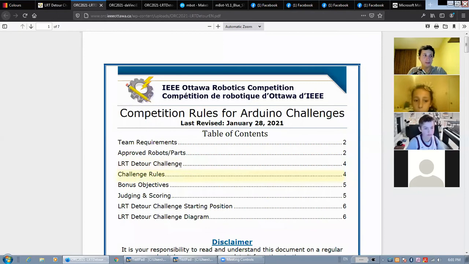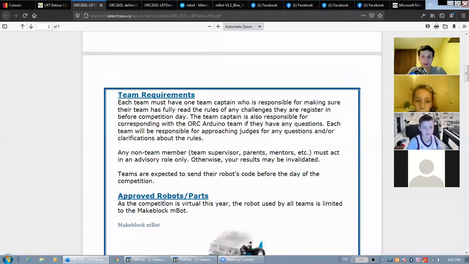This year the rules state that teams are expected to send their robot's code before the day of the competition. It probably means that the competition organizers are going to run your code themselves. This actually creates a number of problems. The first problem is that